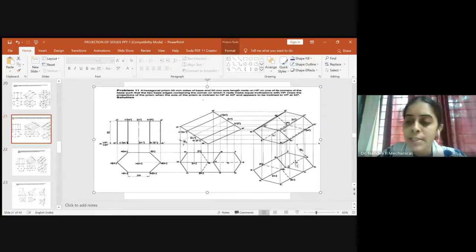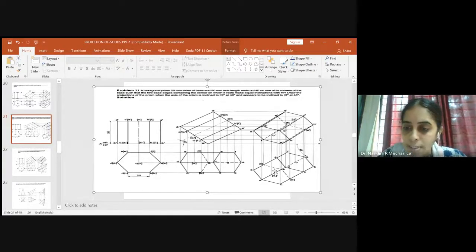You should select O in such a way that you have space to draw the other corners of the top surface of the hexagonal prism. So leave some space accordingly and fix the point O. Once you have fixed the point O, you select the apparent length which you have measured, come back to the point O, and just cut an arc on the 45 degree line. Once this is done, do the naming O and O1. So now the axis, which was parallel to the XY line, is now inclined at 45 degree to VP, because it appears to be inclined, not directly inclined.